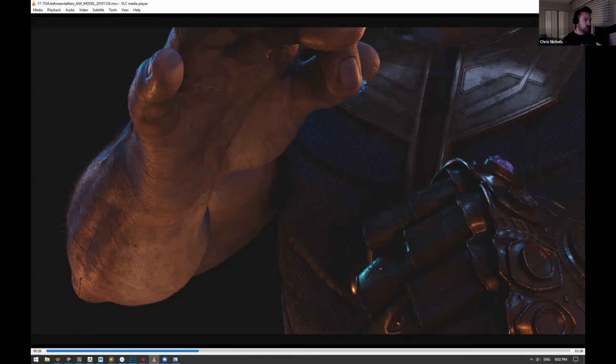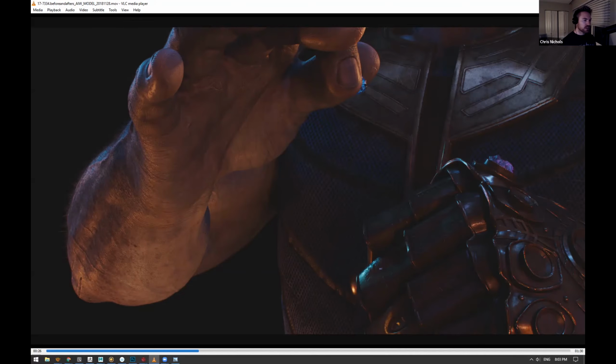And V-Ray is a really great renderer as well. I love using it. It's really fast, gives me great results. And so I always approach it as an artist first and then a technician second, because I like things to be simple. I like things to be easy to digest. And I want it to be fun as well. I don't want to get bogged down in looking at a massive shading network and trying to figure out why I hooked that in and what that's doing. It's just way too cumbersome. I try to keep it as simple as possible.